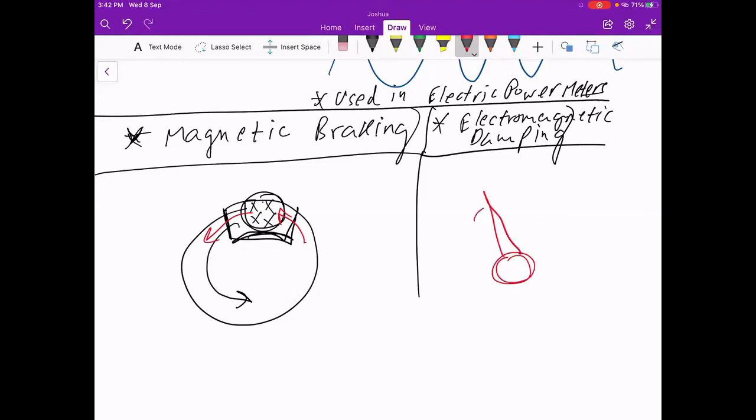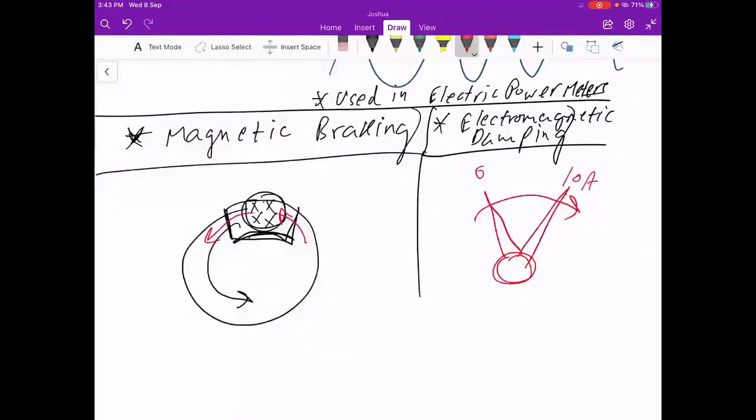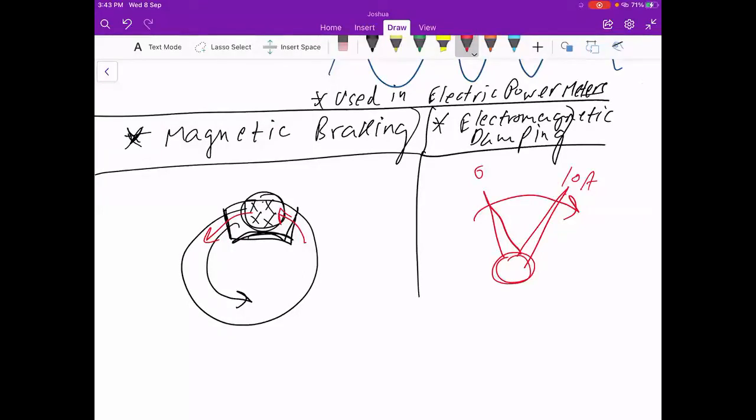Galvanometers, for example, have this needle. The needle starts from 0 and let's say measures a current of 10 amperes, and then it is supposed to remain at 10. We have done ammeter and galvanometer, so you must be knowing. In the galvanometer, this needle will go to, let's say, 10 amperes, and then it is supposed to stop there, but it will go a little farther. Okay, and there is electromagnetic damping.